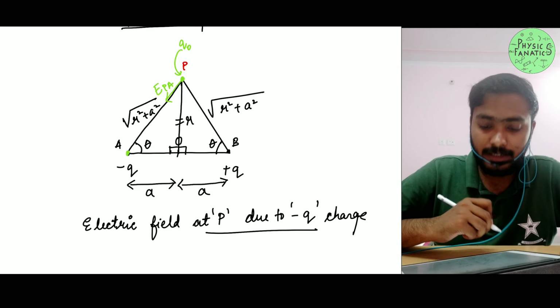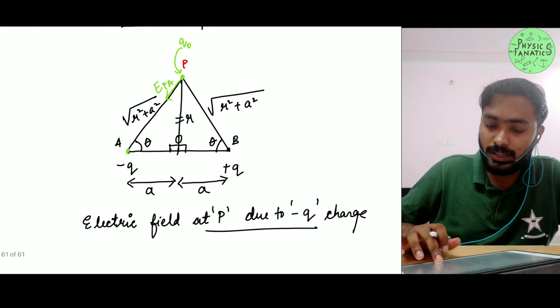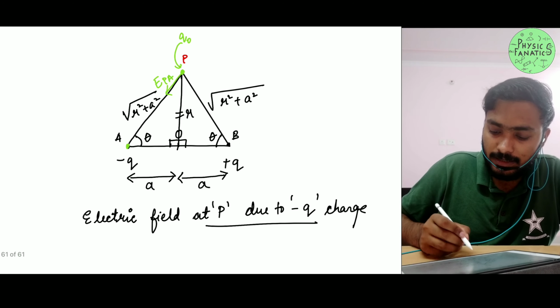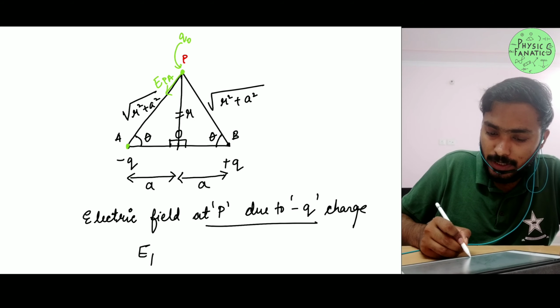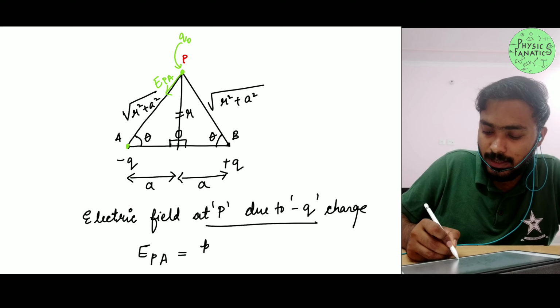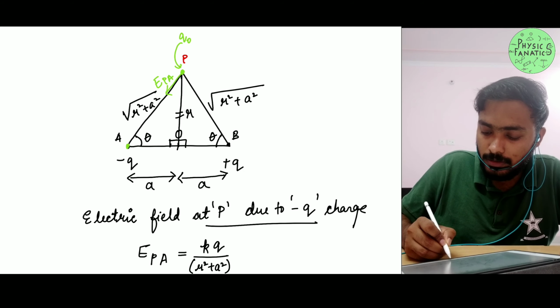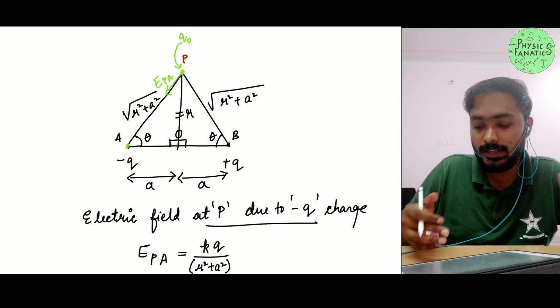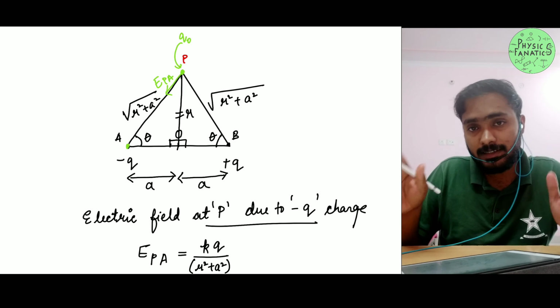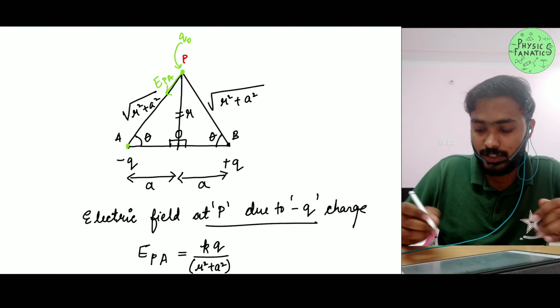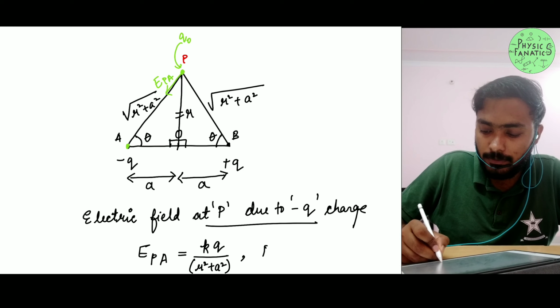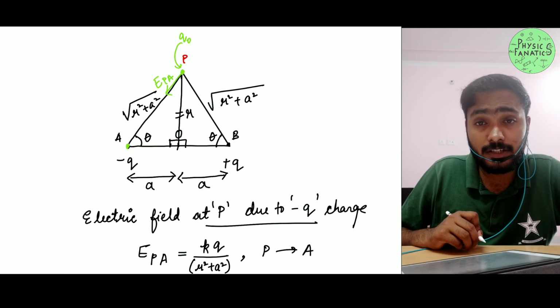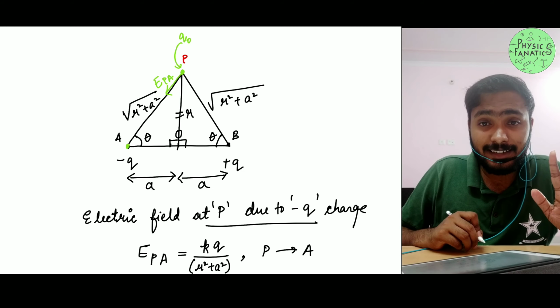Yes, right, great. Very similarly, you can write that part. Yes, you can write that electric field at P due to A is simply given as KQ upon (r square plus a square) whole square. Actually it's root square, so root and square will cancel out, so simply r square plus a square, right? Direction is from P to A. Yes or no, right? I hope that is understandable.